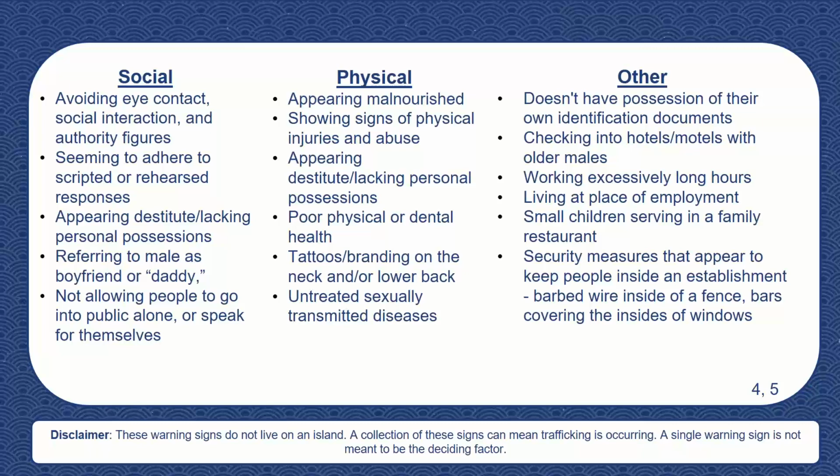Again, much like the previous slide, not one of these markers means that somebody's being trafficked. These need to come in succession. Many of these need to start turning warning sirens on in your head, raising some red flags. And his response to who you contact if you identify these things was that he educated us to call local law enforcement, and then they will contact the appropriate authorities. And so these are some of the social, physical, and other identifiers of trafficking.